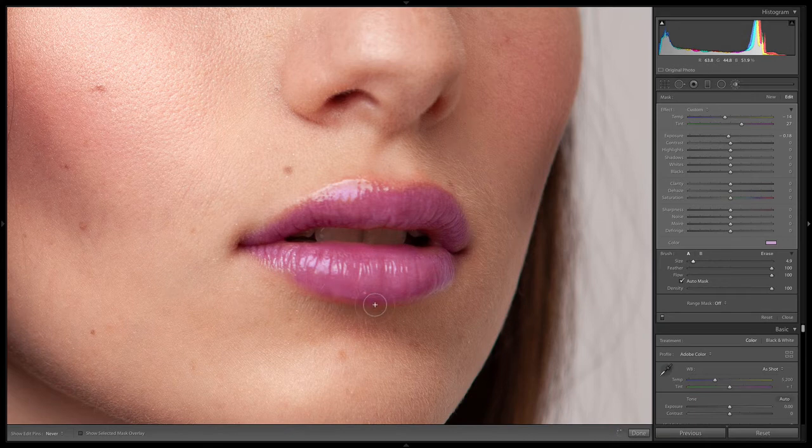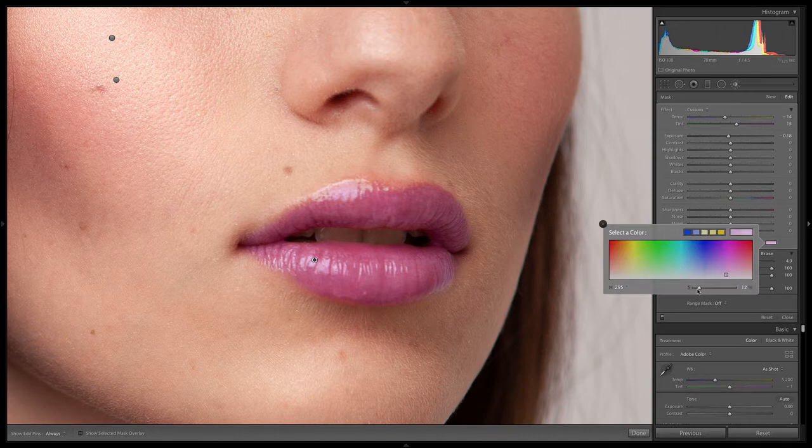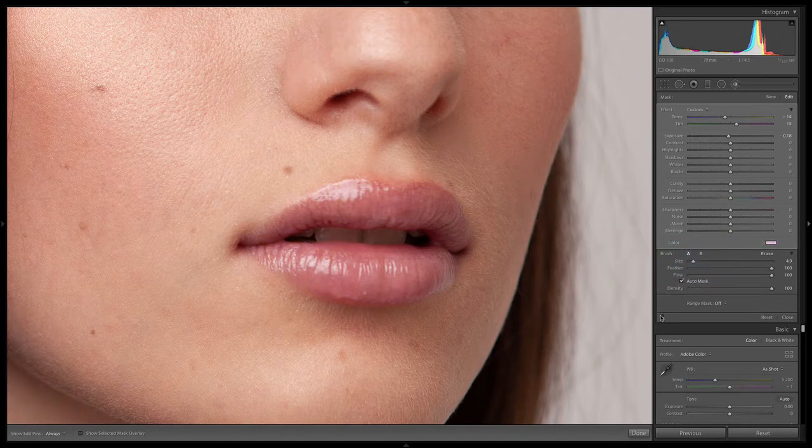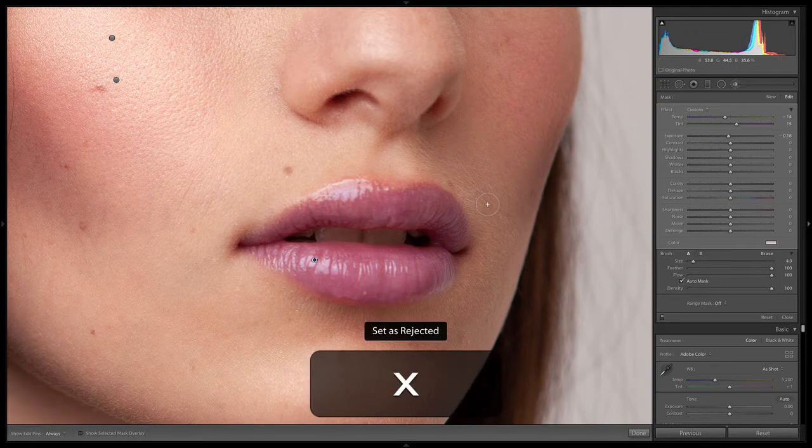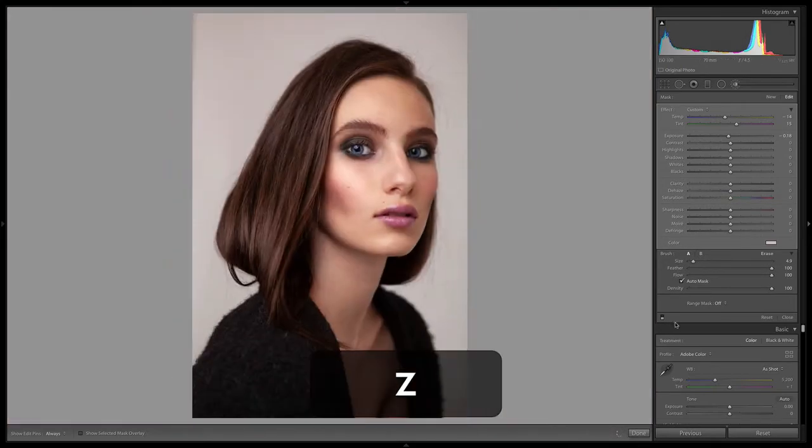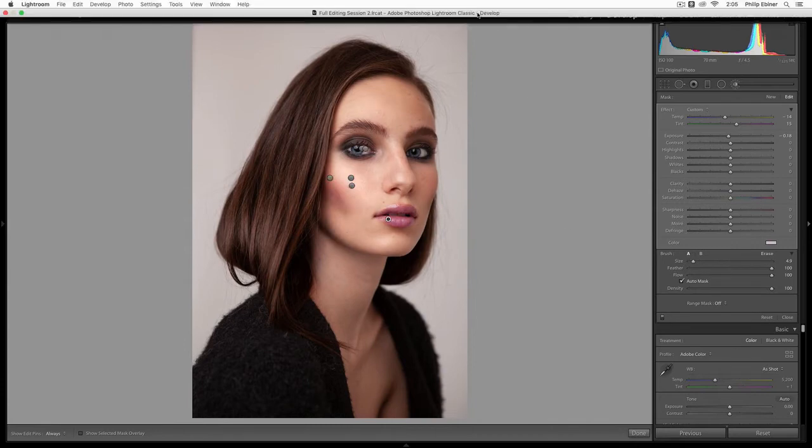Going back over to make sure my selection is good. All right, that's looking pretty good. Just drop the saturation of this color. See the before and after. Definitely a pretty dramatic change, I would say. Nice, but I like it.